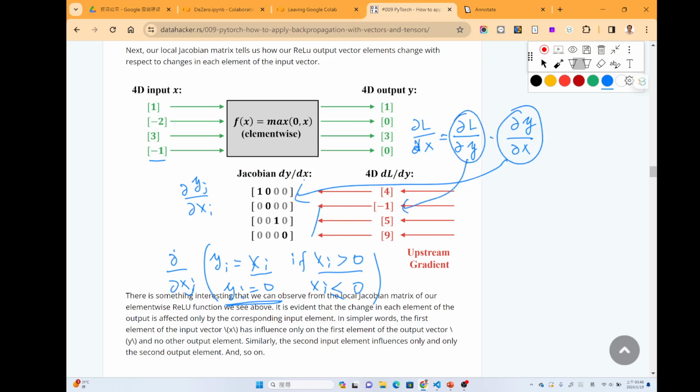So we just multiply the Jacobian matrix with this one so that we can get the value of partial L over partial X. Okay, so this is one way we can calculate the gradient for the ReLU function.